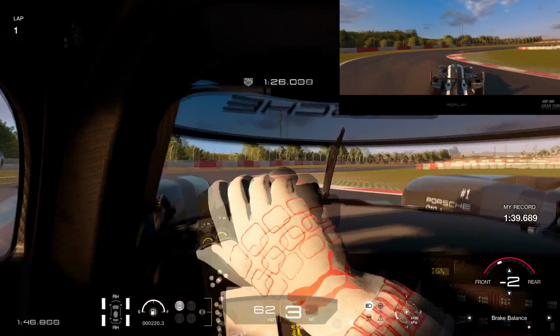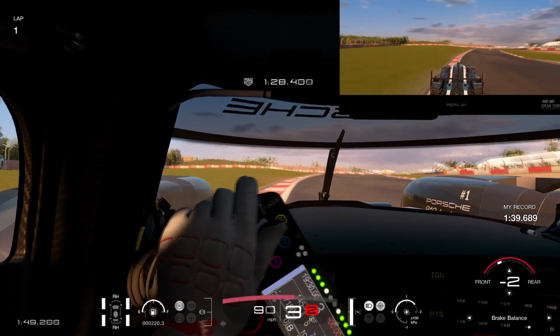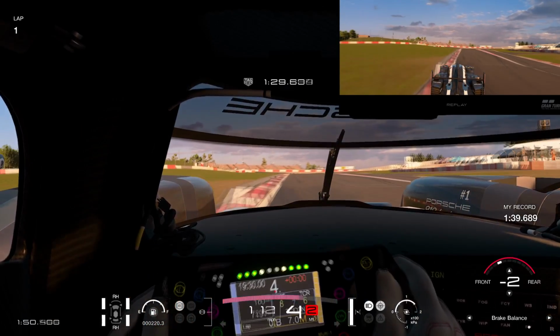You can really attack this corner, stay in 3rd gear through the chicane. That's how I do it. In 2nd gear, the car becomes more unsettled, so I stayed in 3rd gear, then into 4th gear, and then